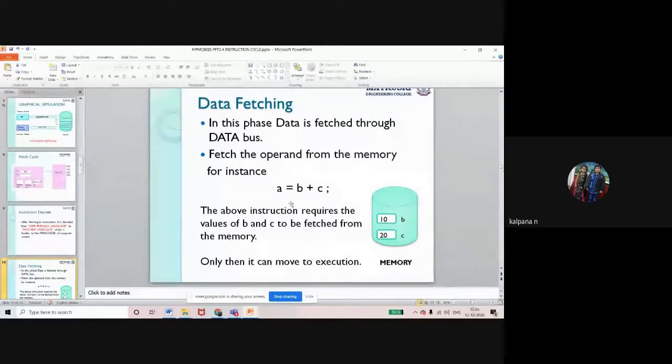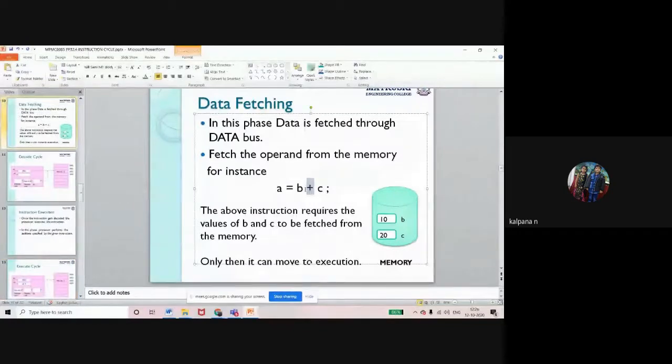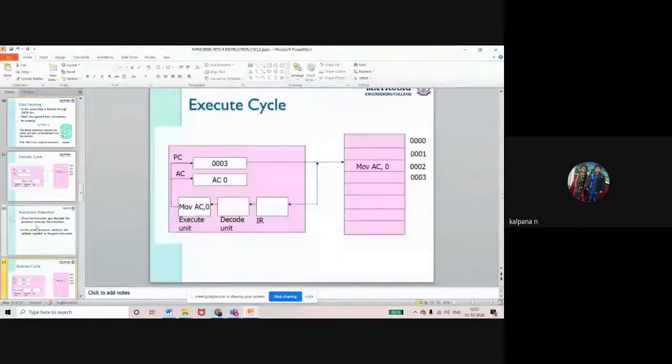So it will directly decode A is equal to B plus C. After decoding the instruction, it has to perform the addition operation on the data which is present in B and C. What is the data present in them? 2030. So it will take the data. With this you can understand clearly.